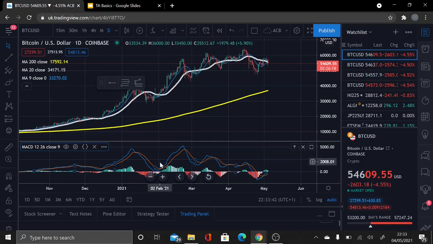Now the great thing about the MACD is that usually these MACD crosses happen before the MAs. Can you see here? The MACD here, the lower time frame went over the larger time frame before the moving average did. So this is actually a good indicator. Here again, see the smaller time frame went below the larger time frame, so it indicated the crash before it actually even happened. Yeah, so it's a very, very powerful indicator as well, and you should use it with this. So firstly, you would look at the MACD, and that will give you the first signals of when